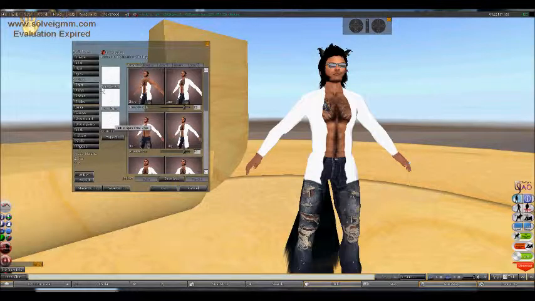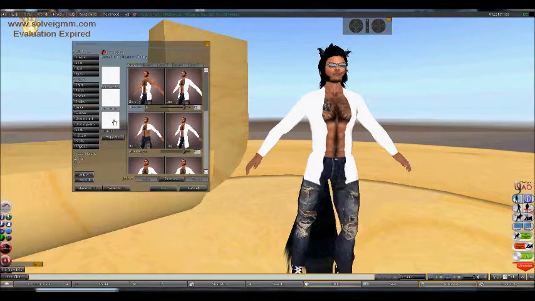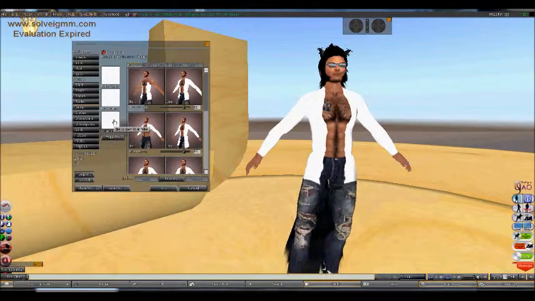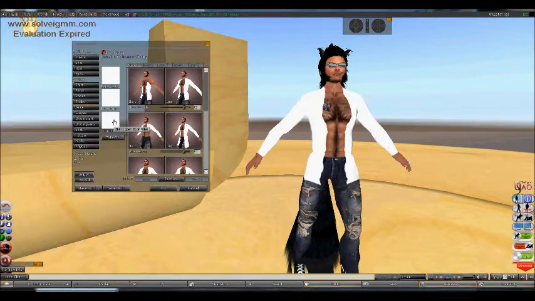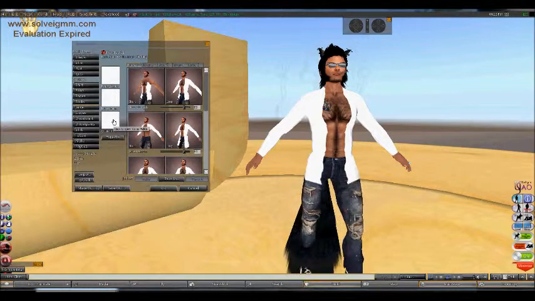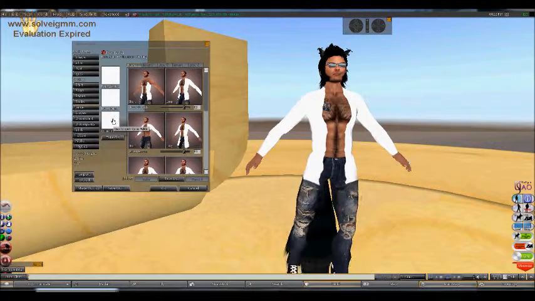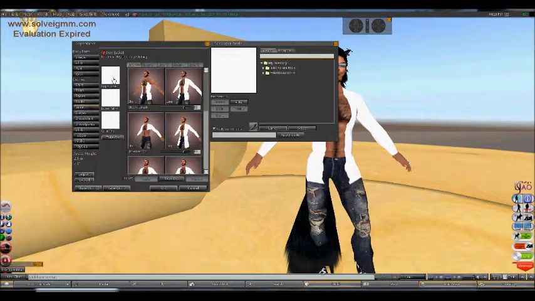So if you make a white shirt, you could end up copying that shirt and then making each one a different color. So that's a good way to save money. You spend just 10 lindens one time on uploading the white shirt or white bikini or whatever, and then you make copies of the white one and color them different colors in your inventory. So here we're going to go upper fabric,